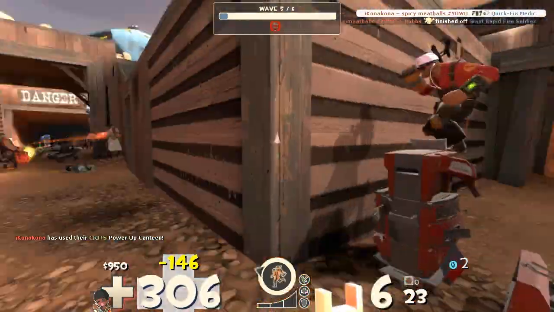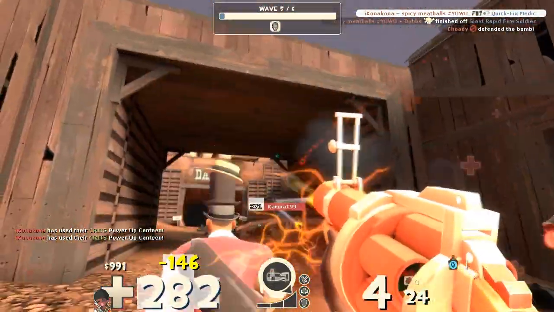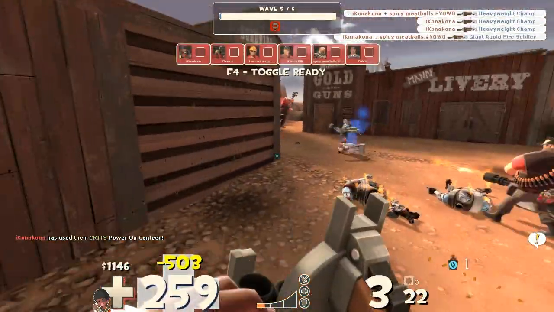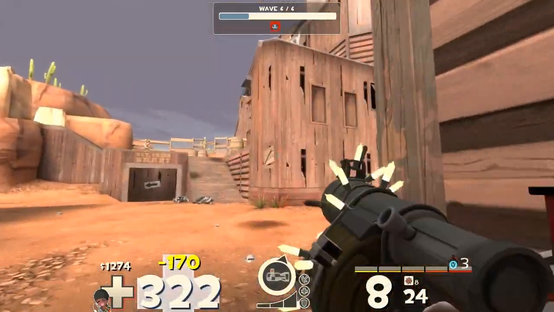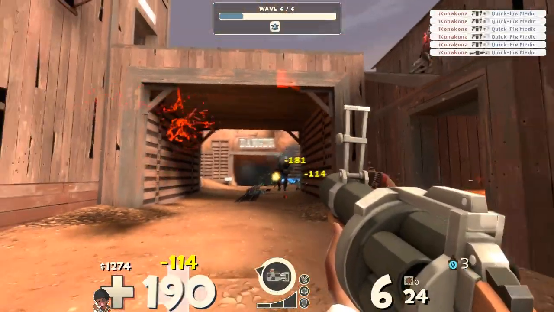Taunt button. Wasted crit canteen. But yeah, sometimes I want to be in the zone first before I go to the Loch-n-Load and really lock in and home in on those kills. Sometimes I'm just not into it and I'm just not feeling it, and oh boy, it can be so frustrating